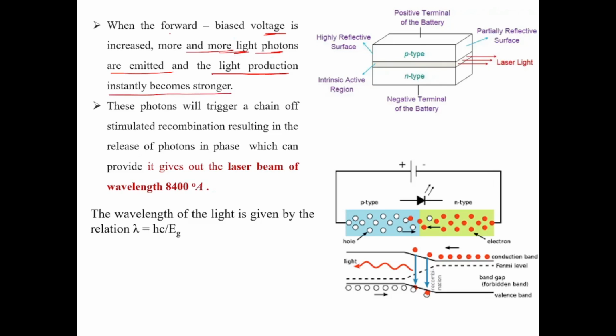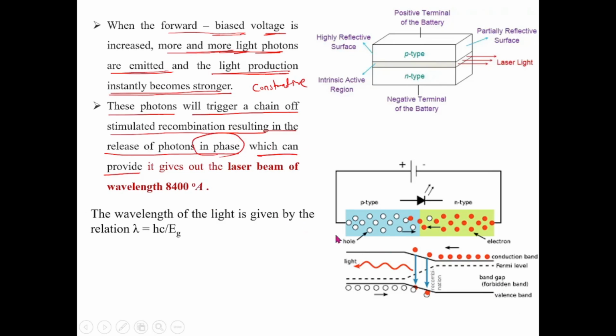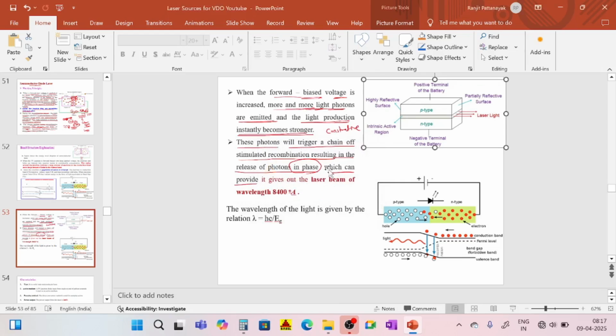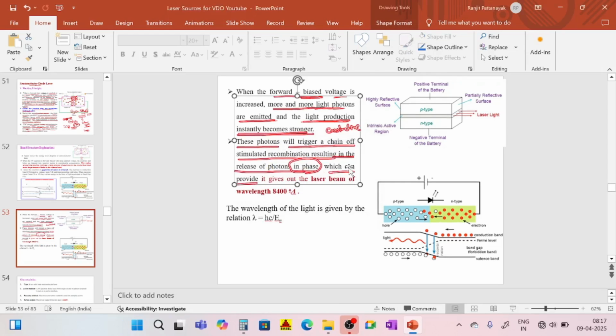When the forward bias is increased somewhat, more and more light photons are emitted, and light production instantaneously becomes stronger due to constructive interference. These photons will trigger a chain of stimulated recombination, resulting in release of photons in phase. In phase means it is going to produce constructive interference. The language here is somewhat off, I'm going to correct it: in phase,